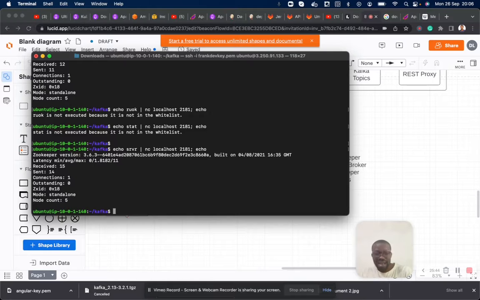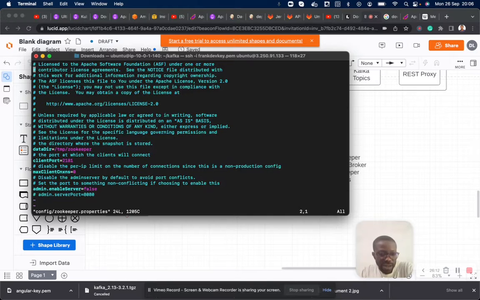Now, how do we add four-letter words to Zookeeper? The only way to add four-letter words to Zookeeper is by making an entry in the zookeeper.properties file. So let's go there. Let's go to config, vim config slash zookeeper.properties.